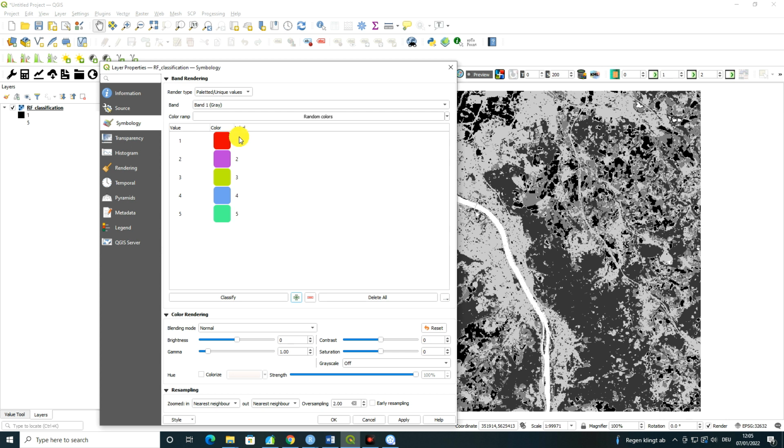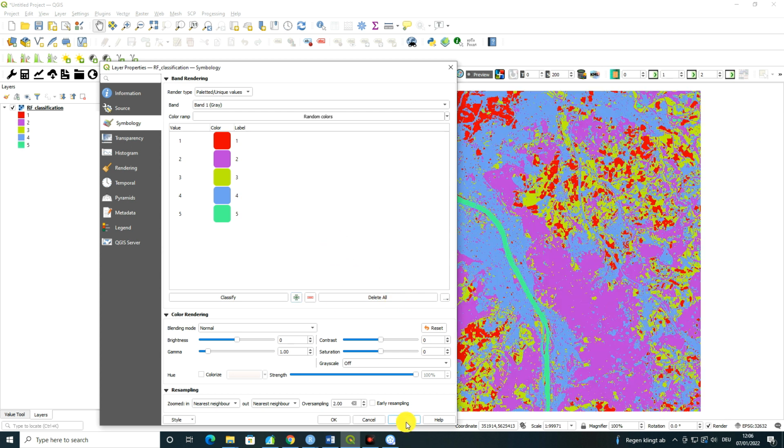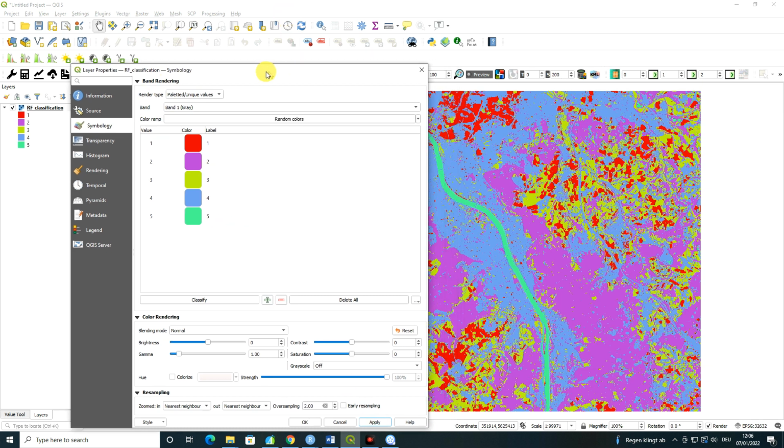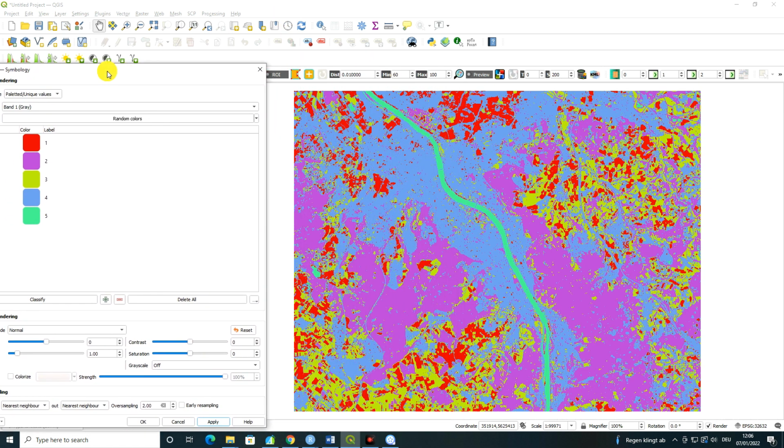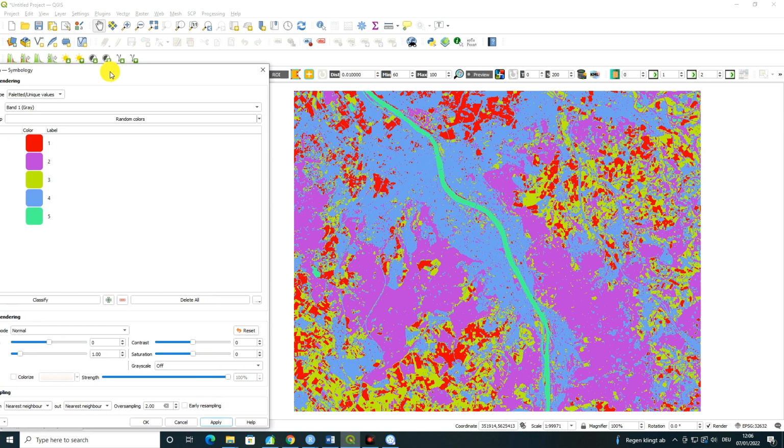You can see that QGIS assigns those colors randomly, but already it looks better. So just for a quick setting, let's use the default values assigned by QGIS. We click apply. All right, so we could already see